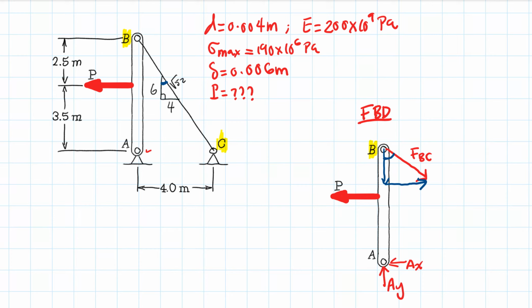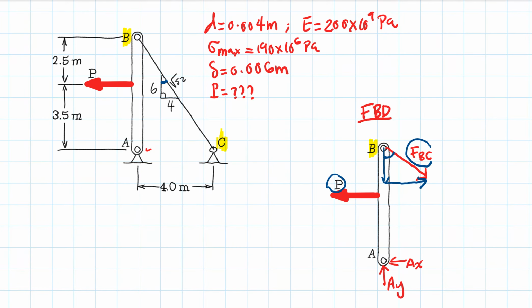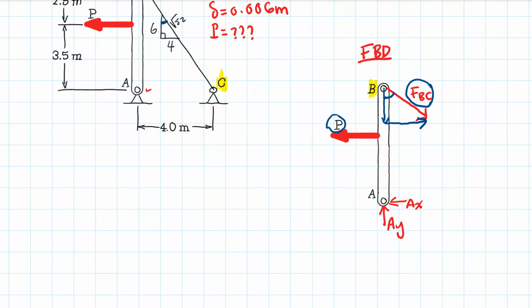Our goal now is to find a relationship between the load B and the force of the cable FBC. So let's use the equilibrium equations, and let's say that the sum of the forces going up in the y direction equal to 0. So here, it will be A, the reaction force at pin A, and the second reaction in here, which will be